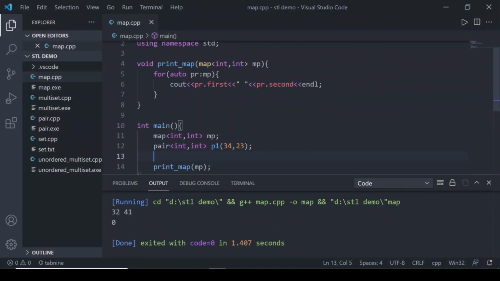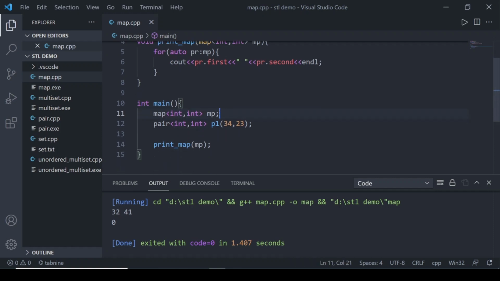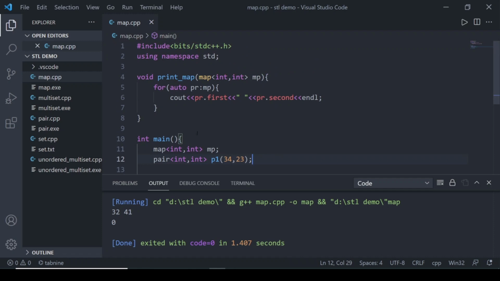The map has two types. The first type is the data type of the key and the second type is the data type of the value. So let's say I have mp as a map, and we know that in each map the key value pairs are in the form of a pair. I have made a print map function so that I can print the map.